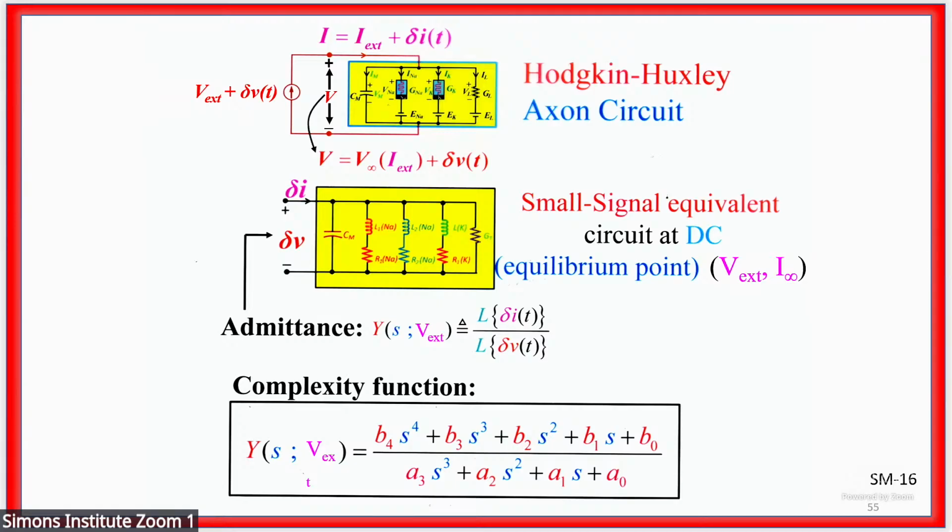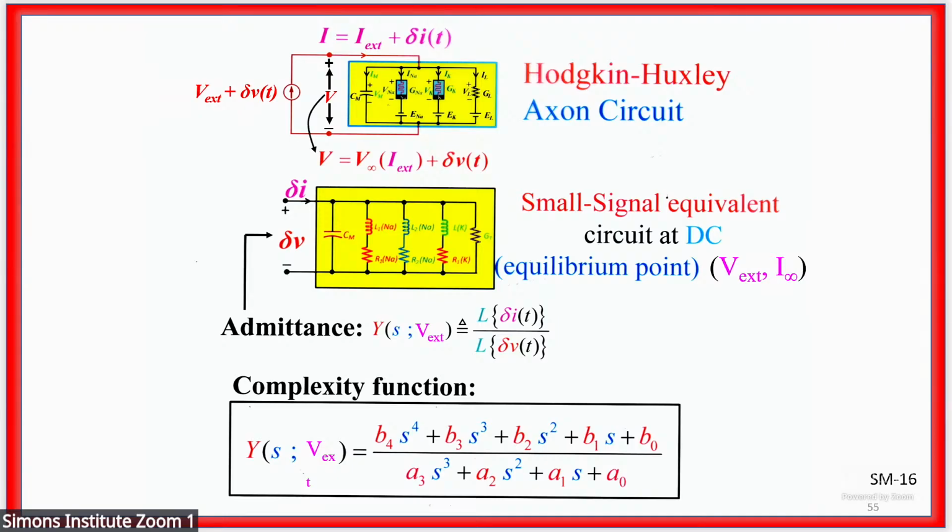Now, let's go back to the Hodgkin-Huxley circuit. Now we use the correct model, and we apply a DC voltage plus a perturbation, and measure the corresponding DC current and the current perturbation. From that, you can derive what's called a small signal circuit model of